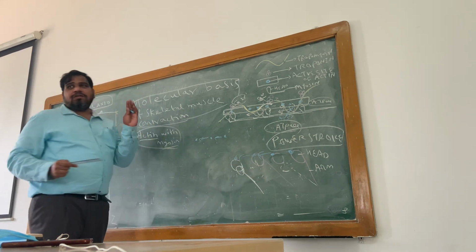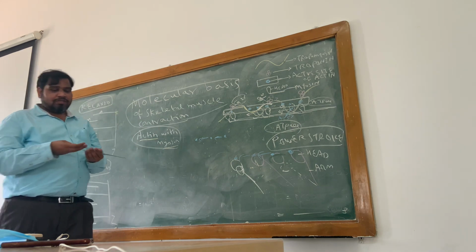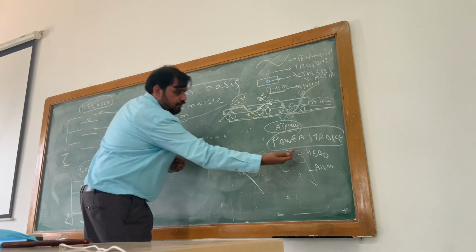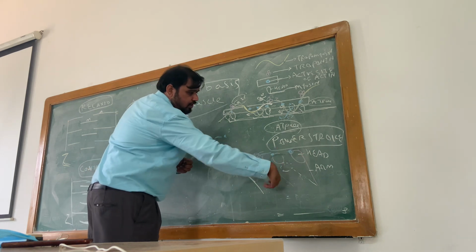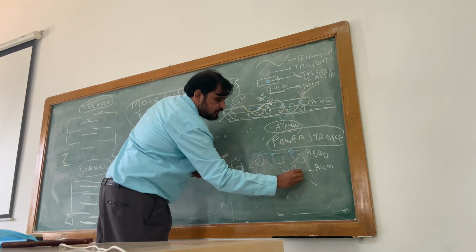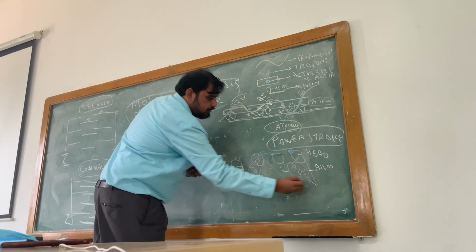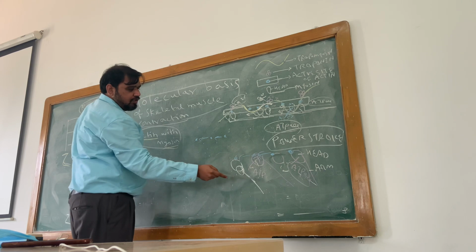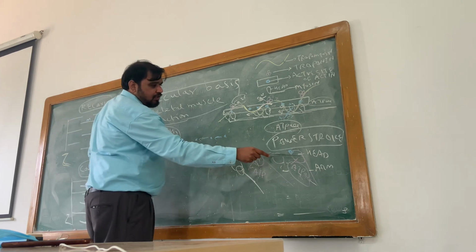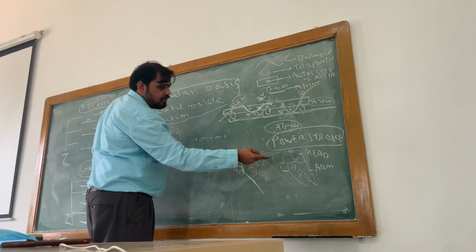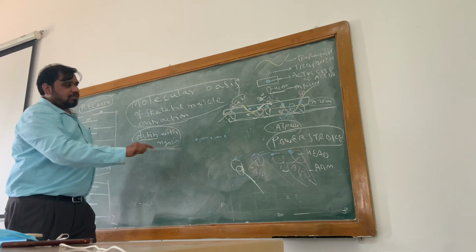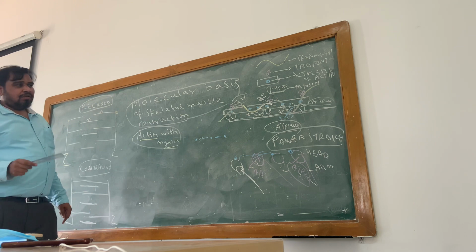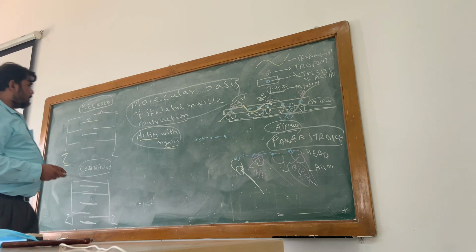And for the myosinate to go back to its original position, it requires ATP. For the myosinate coming back towards the arm, ATPase is involved. See, both steps are important. Myosinate coming back to its original position requires ATP. As the myosinate is already rich in ATPase, that energy is replaced for power stroke. So this mechanism is called the sliding filament theory.